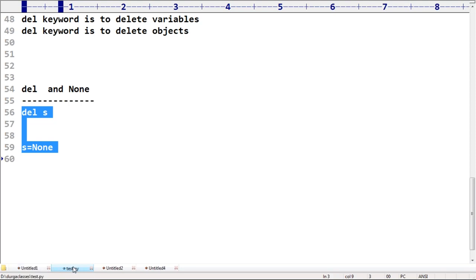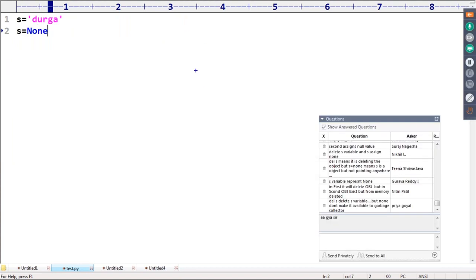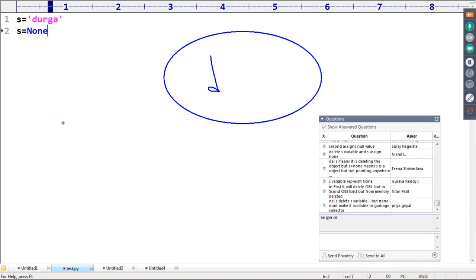Now observe that. Here instead of del, s is equal to None. What will happen is, here observe, this is Durga. s is the reference variable for that. s is equal to None. Just this link is gone.